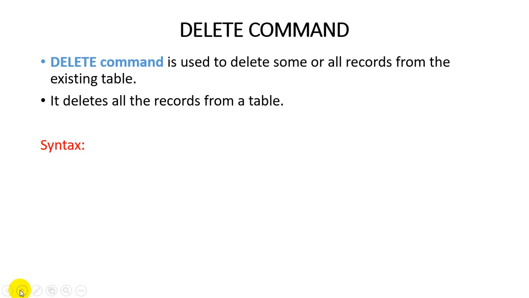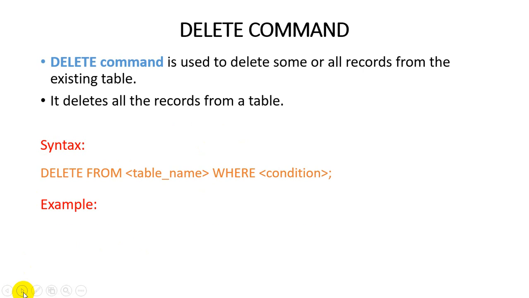First we go through the syntax and then we go with the example. Delete is a keyword. From is also a keyword. Then the table name, where a user wants to remove some information with the help of a condition. If they want to remove all the records of a particular table, they do not require a where condition. Now we will see it with the help of an example.